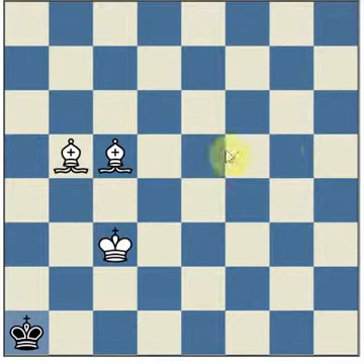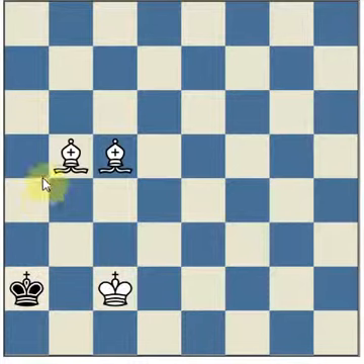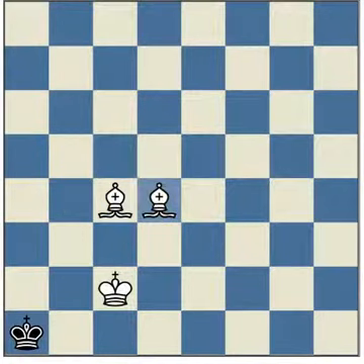here after king a1, we can go king to c2, easy move. Now the king comes to a2 and the mate. Bishop c4 check, king a1, and bishop to d4 is checkmate. Alright, so a very simple method of how to mate with two bishops,